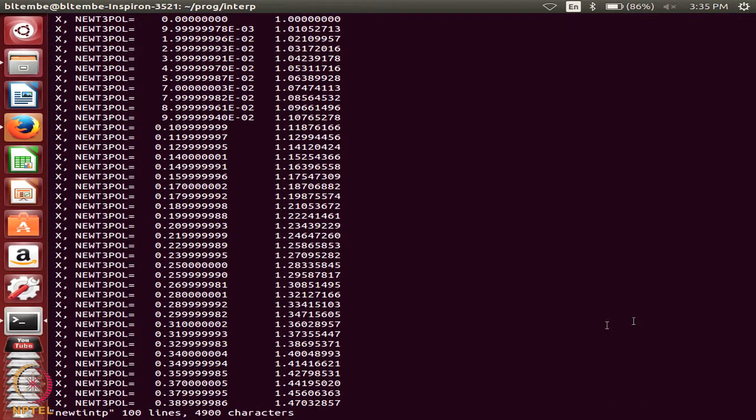So, what will it write? Look at the first line: x comma NEWT 3 POL, the value of x and the value of the polynomial. 0 and 1. My first value was 1, x was 0, y was 1, and after the first data of 0.00 and 1, my next data point was 0.33.